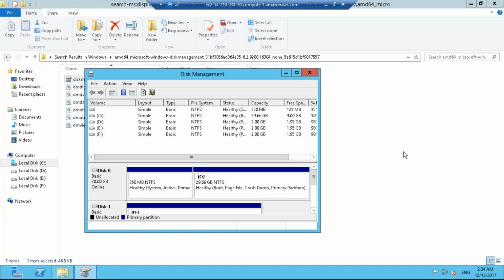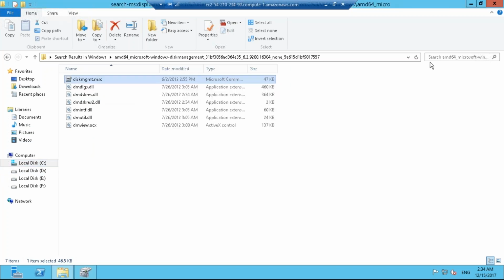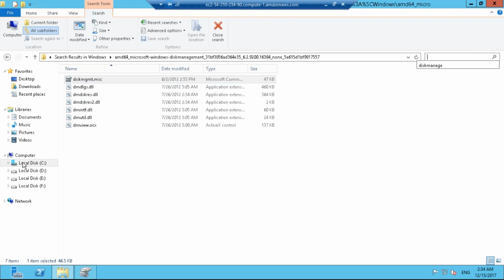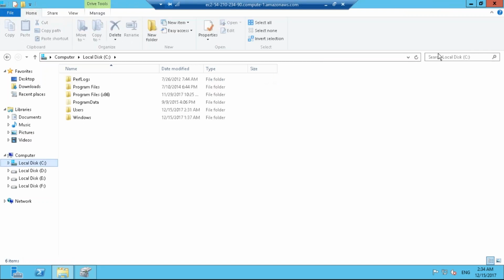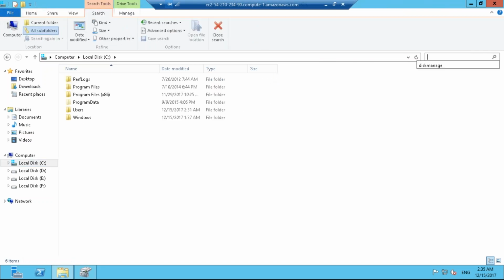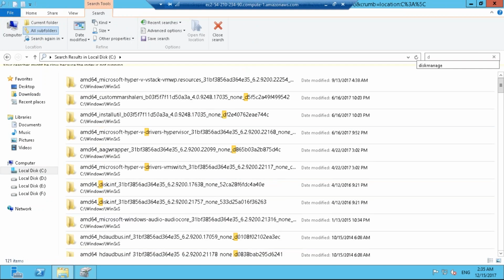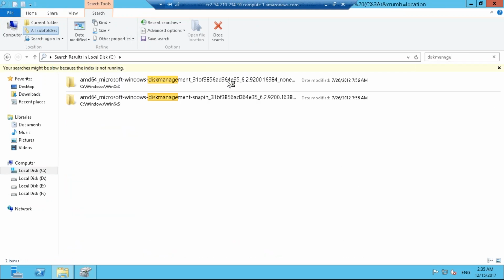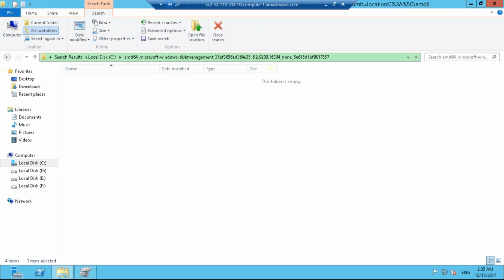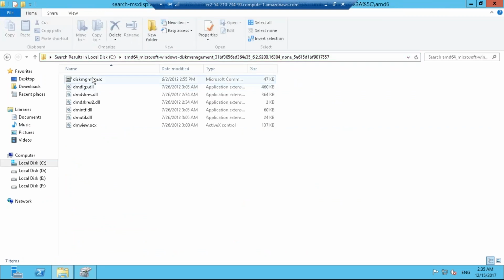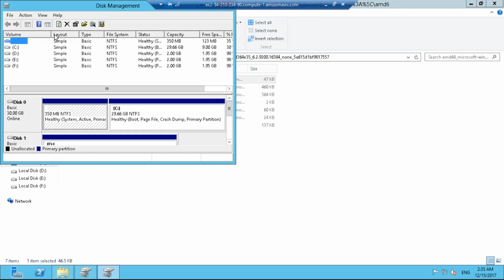Yeah, so I was able to get this page of disk management. I just went into my computer in the C drive, and then I just tried searching for the disk management here. I just went here, go to the C drive. And I was able to get this, and when I click open this, I was able to open up the disk management.msc. This is the file which I was looking for.